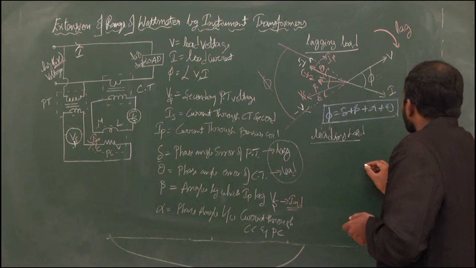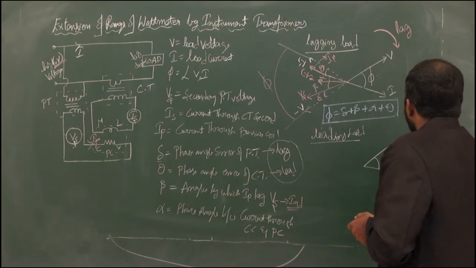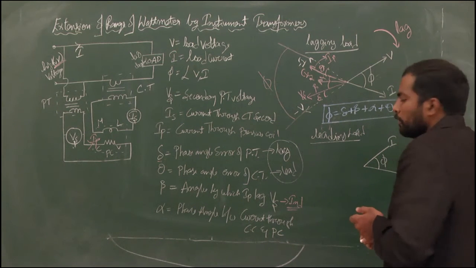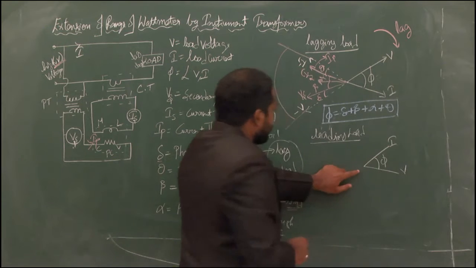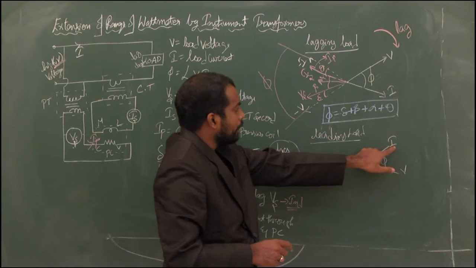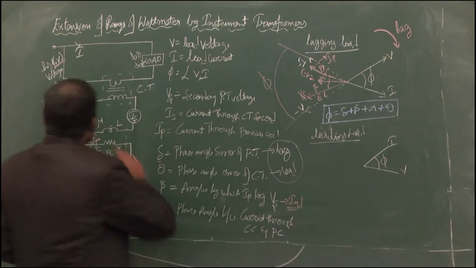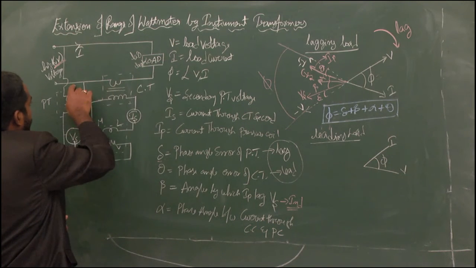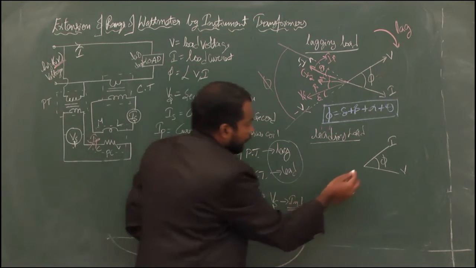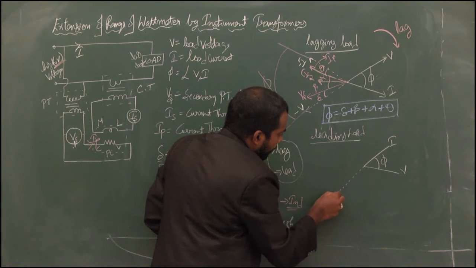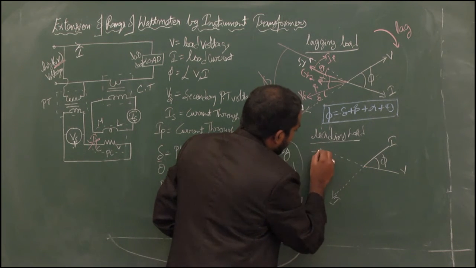What is the condition for leading load? Your current is leading the voltage. In the case of leading load, your current is leading the voltage. So in this case, as the current is leading the voltage and according to the property of transformer, we should have projections of your secondary component. That means when this current is going like this to primary, the current through secondary will have some projection which is by an angle of 180 degrees. So we will have negative projection of your current, I, and negative projection of your voltage, which is nothing but V.